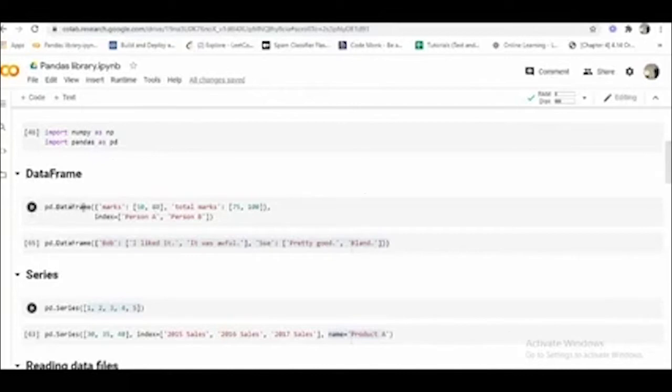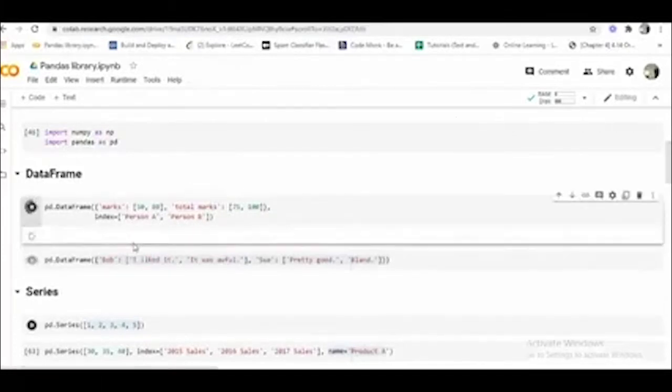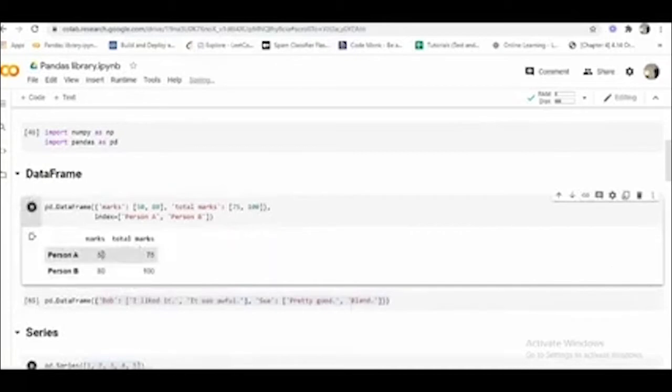This data frame has marks and total marks as columns, and 50, 80 and 75, 100 are lists of values. If I run this, I will get a data frame like this. These are the index values, person A and person B, and marks and total marks are the columns, and these lists of values are the rows.